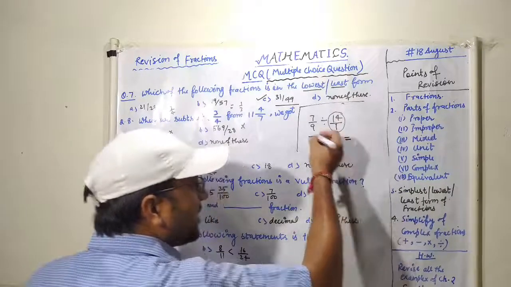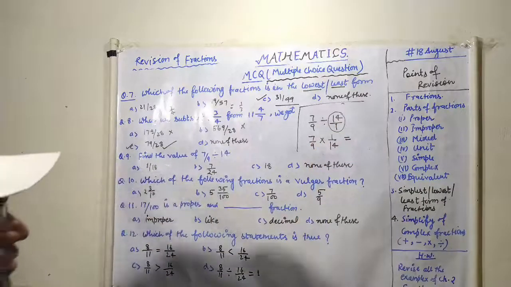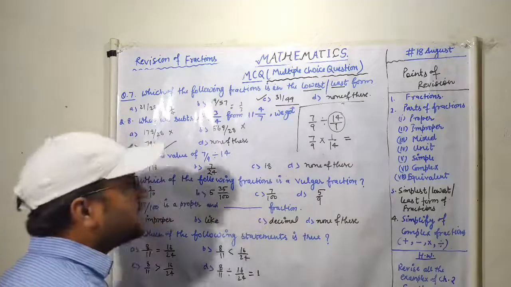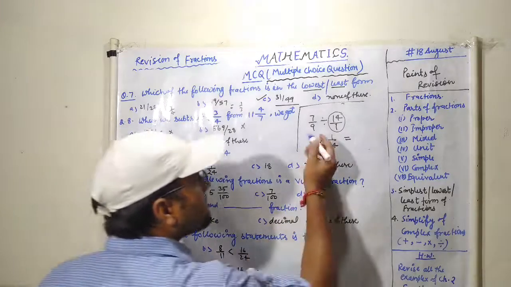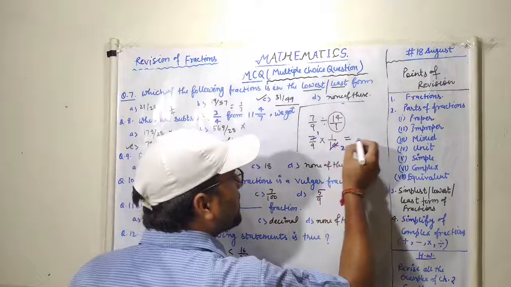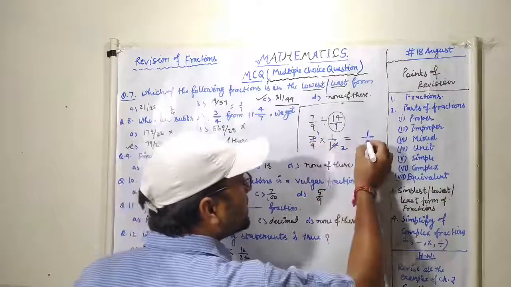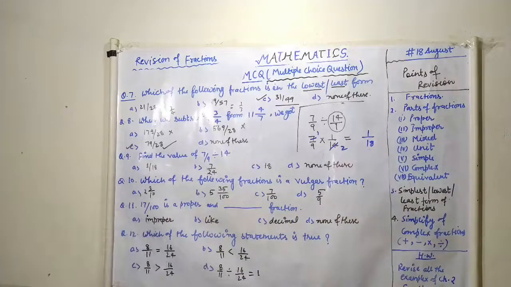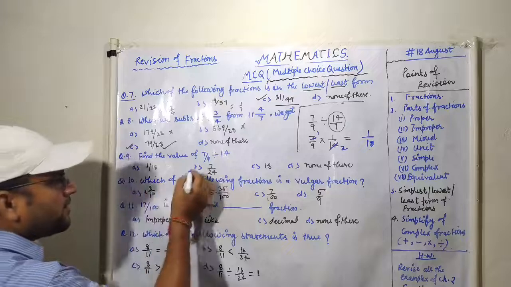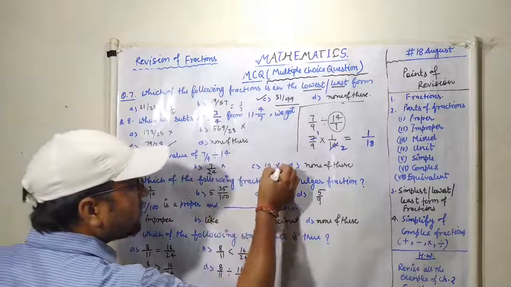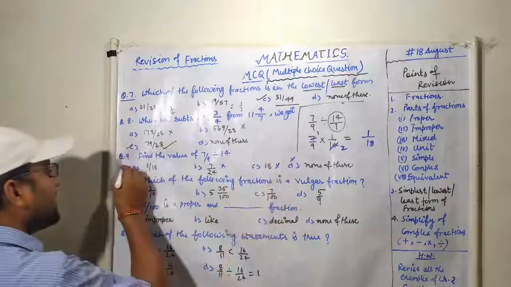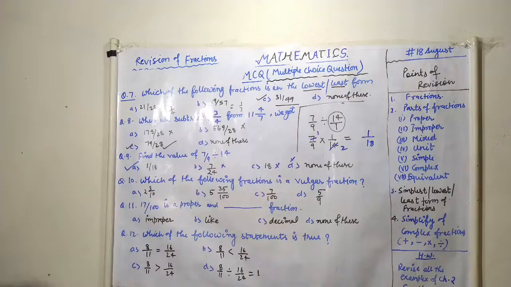Okay. And if any numerator and denominator cancel out, you will cancel them. So see here: 7 1s are 7, 7 2s are 14. Here 1 is multiplied by 1, you will get 1. And 9 is multiplied by 2, 18. You will get 1 upon 18. So your option is, option B? No. Option C? No. Option D? No. Option A, 1 upon 18. That is your correct option.